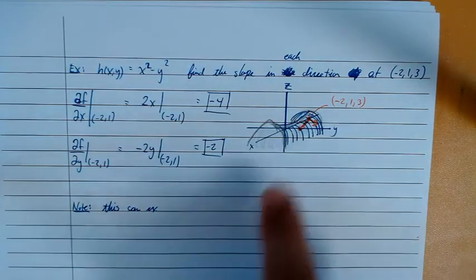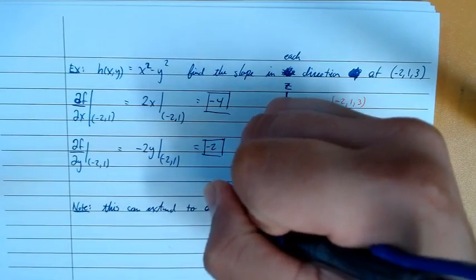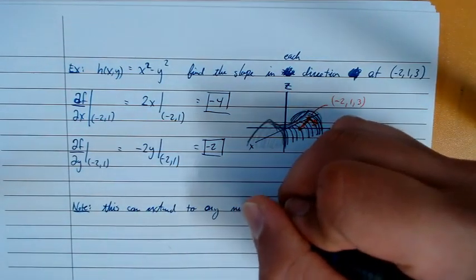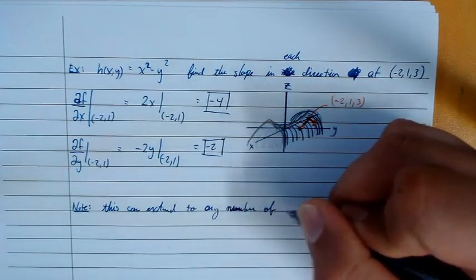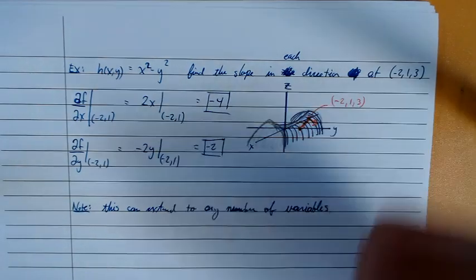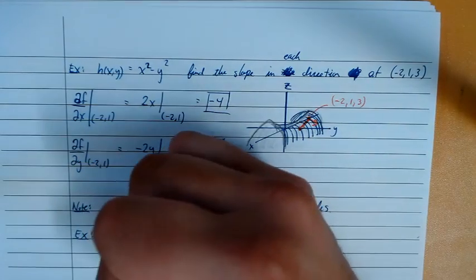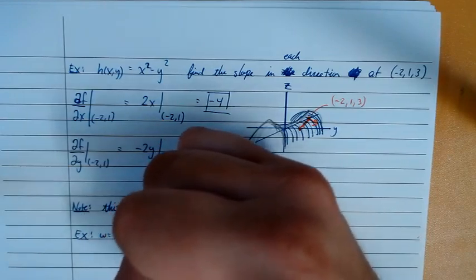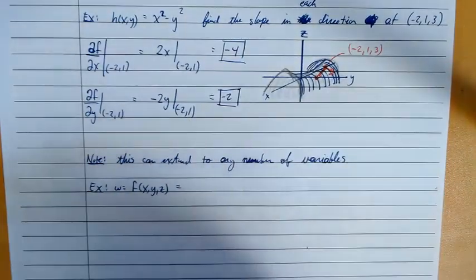Although we may not be able to draw it, this can extend to any number of variables. So, for example, I could say something like, let's take a function w equals f of x comma y comma z, and that's going to equal to,